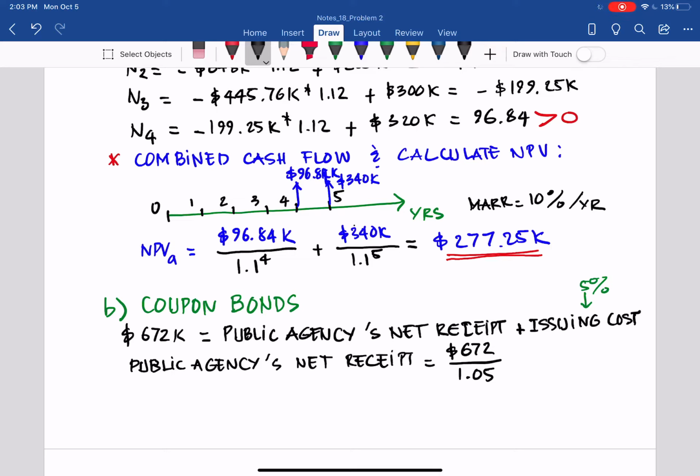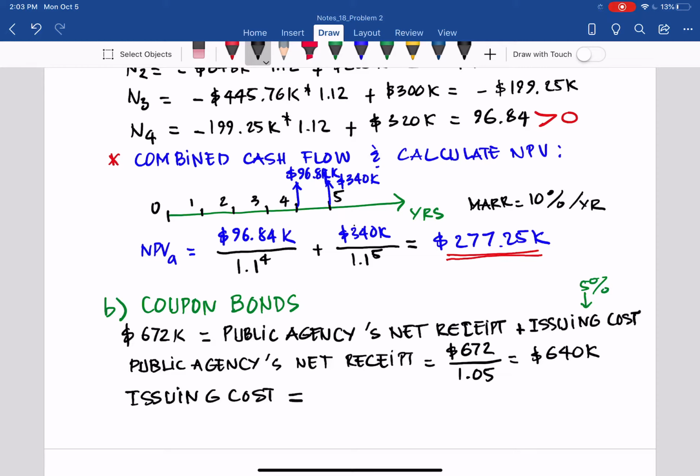Your public agency net receipt plus 5% equals that, so you have to divide. That equals 640,000. What does that mean? You take a loan of 672,000, but you only use 640,000 for the project. The leftover is the issuing cost that you pay to the third party,